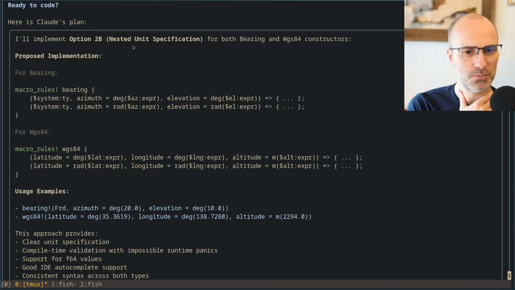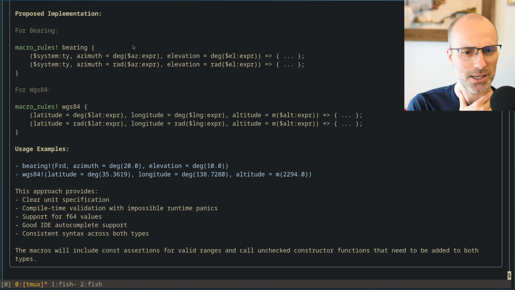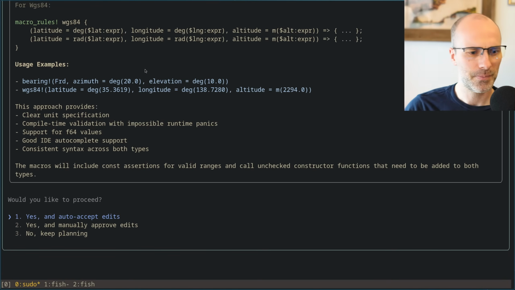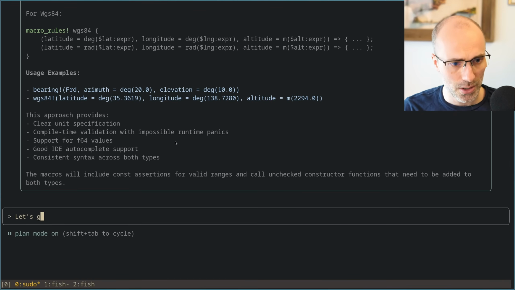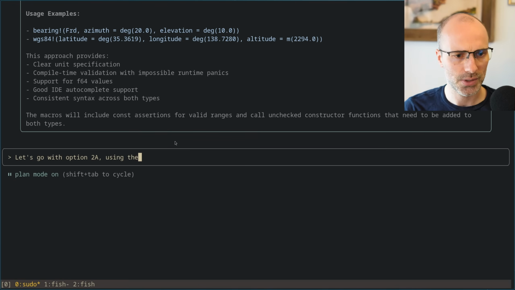I'll implement option 2B. No, I think I want 2A. Keep planning. Let's go with option 2A using the unit as a suffix.